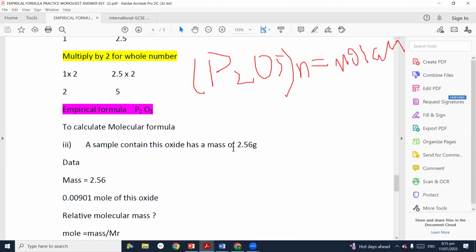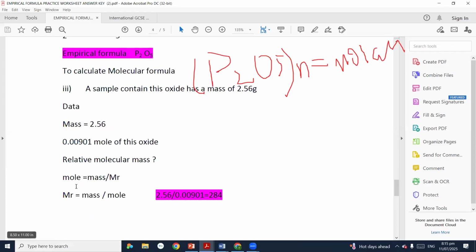I will apply this formula. What is the formula? Mole is equal to mass upon molar mass. You know it very well. So when I divide, I will get the molar mass. Are you getting my point? Yeah. Okay. Basically, in the question you will be given the molar mass directly. But if you are not given it, you will be given mole as well as mass. So with the help of mass and mole, first you will calculate the molar mass as I have calculated here. The mass was 2.5 and mole is 0.00901. So when I divided, I got the molar mass.